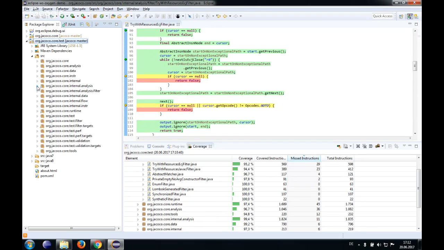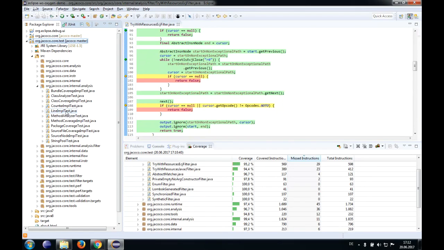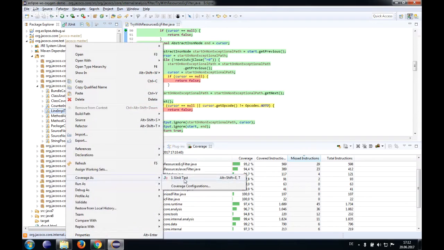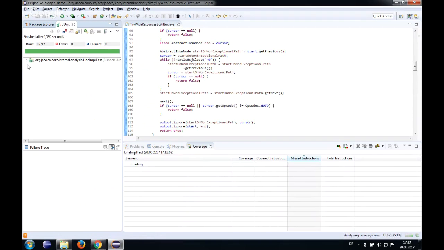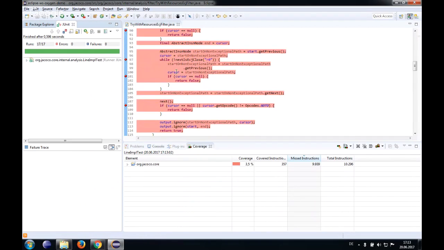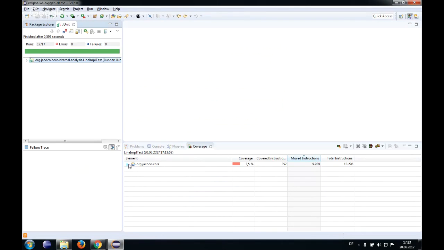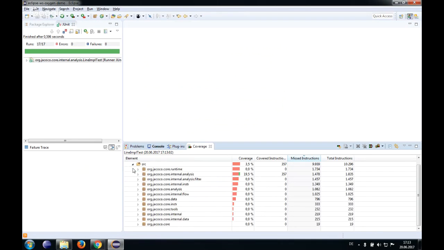Let me see, there should be, let's, for example, pick one test here. And we can run the single test now, of course. Like I now use the menu, coverage as JUnit test. And this test is executed, a few test cases. And of course, this is not covered at all because this was not in scope. And the overall coverage down here is also very low because we're only testing a single target,